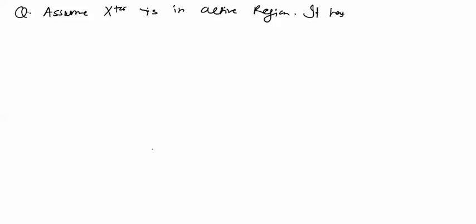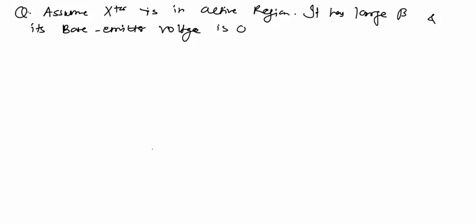It has large beta and its base emitter voltage is 0.7 volt. The value of IC is